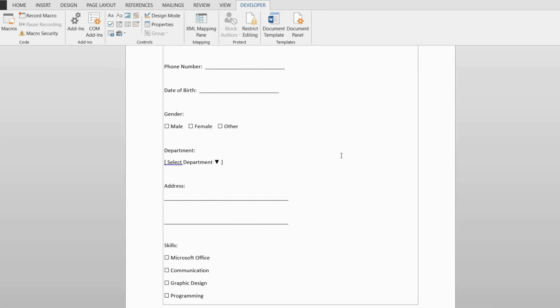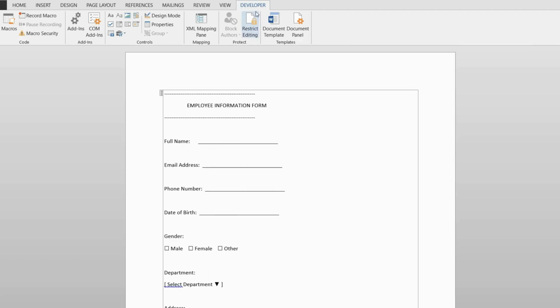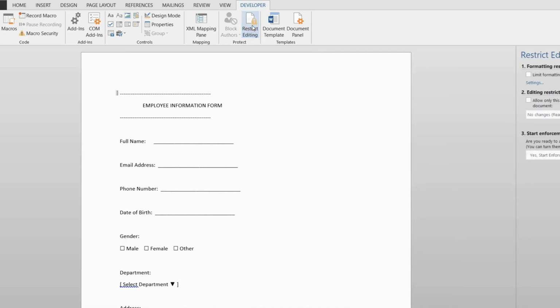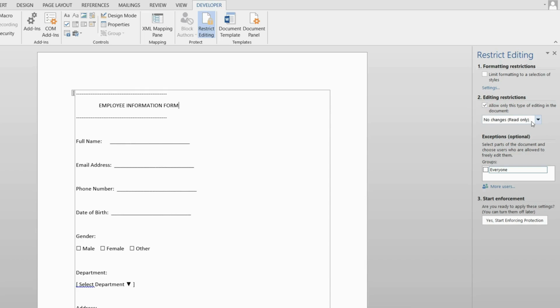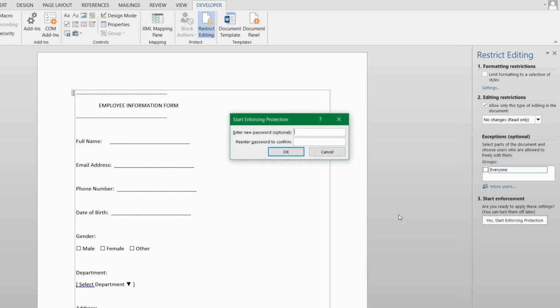drop-down menus. Once your form is complete, you can protect it to prevent users from changing the layout. Go to the Developer tab, click on Restrict Editing, then select Filling in Forms and click Yes, Start Enforcing Protection. Your document will now work as a fillable form that others can type into easily. And that's how you can create a fillable form in